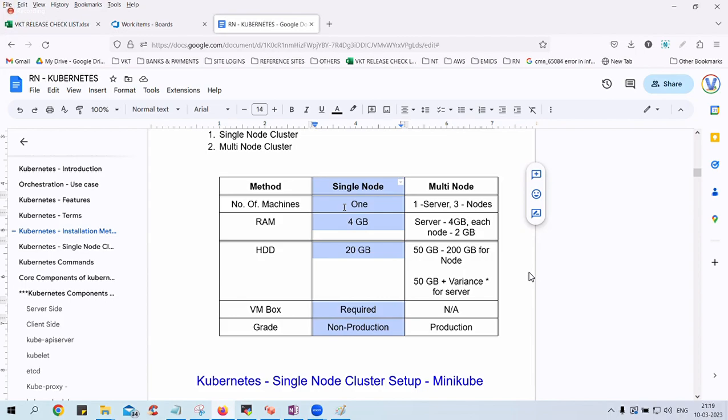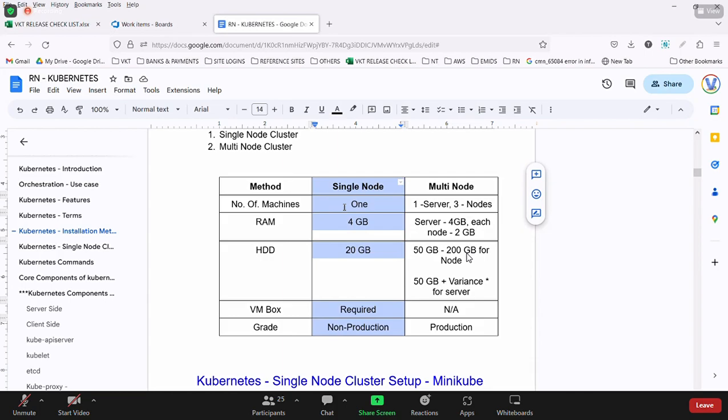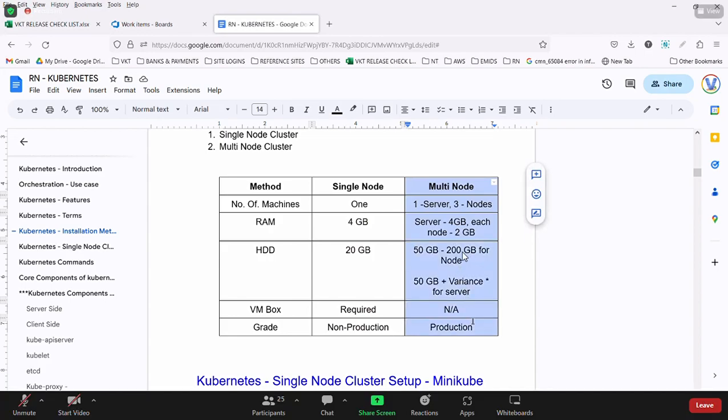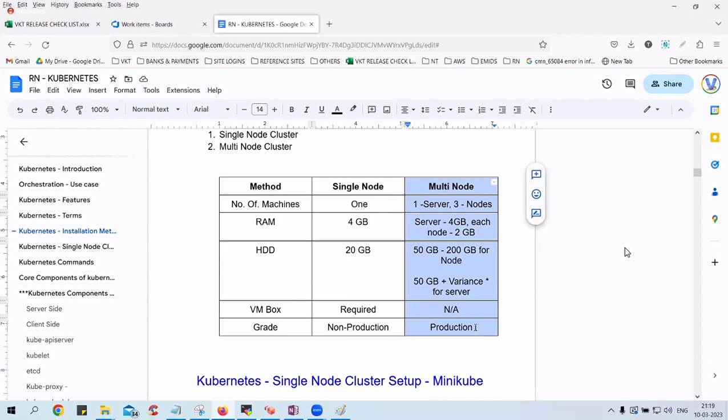Interestingly, these two types of methodologies are given by Kubernetes itself. The people who want to practice Kubernetes, please use single node. If you want to use Kubernetes in real time, please use multi-node. That is what they told. Now, why is multi-node not possible for us? Because of these complex requirements. You require minimum one server and minimum 3 client machines.